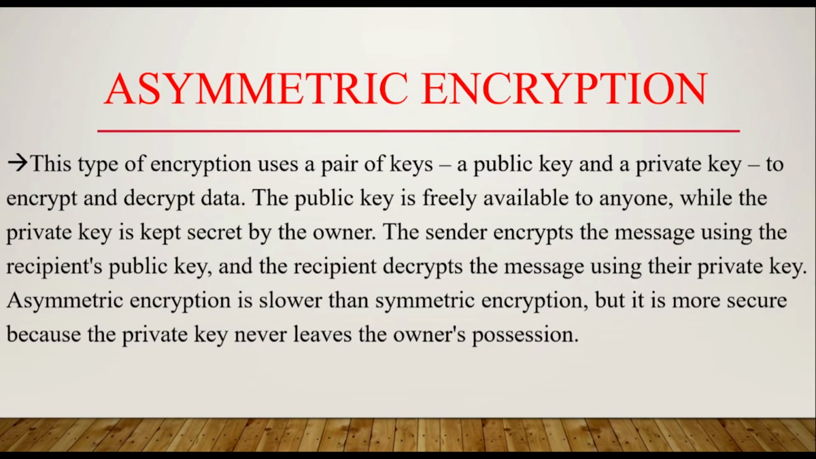Next is asymmetric encryption. This type of encryption uses a pair of keys, a public key and a private key, to encrypt and decrypt data. The public key is freely available to anyone, while the private key is kept secret by the owner. The sender encrypts the message using the recipient's public key, and the recipient decrypts the message using their private key. Asymmetric encryption is slower than symmetric encryption, but it is more secure because the private key never leaves the